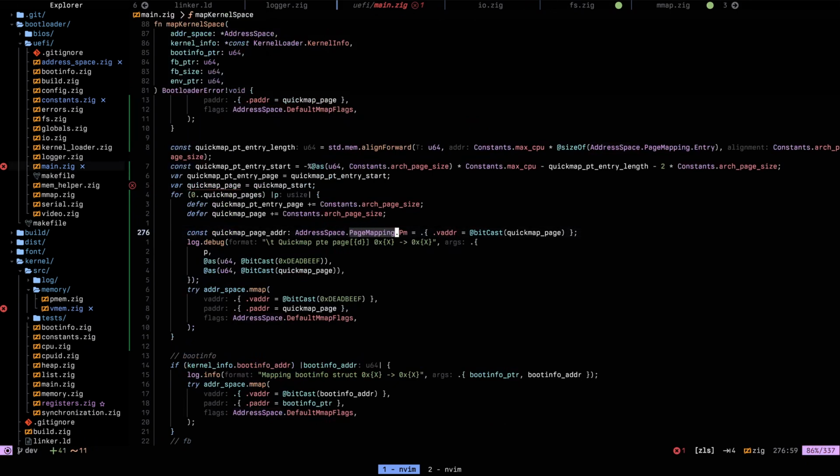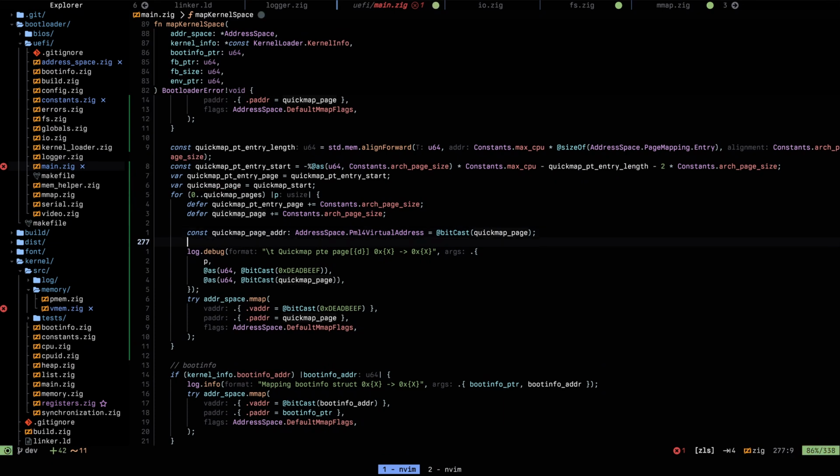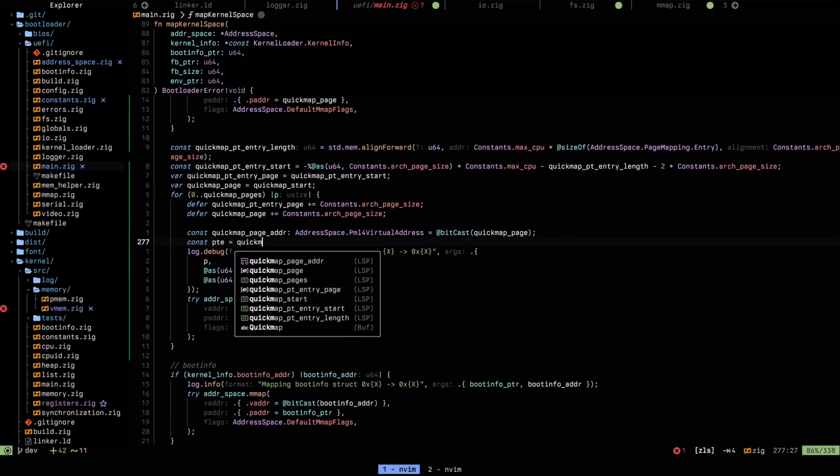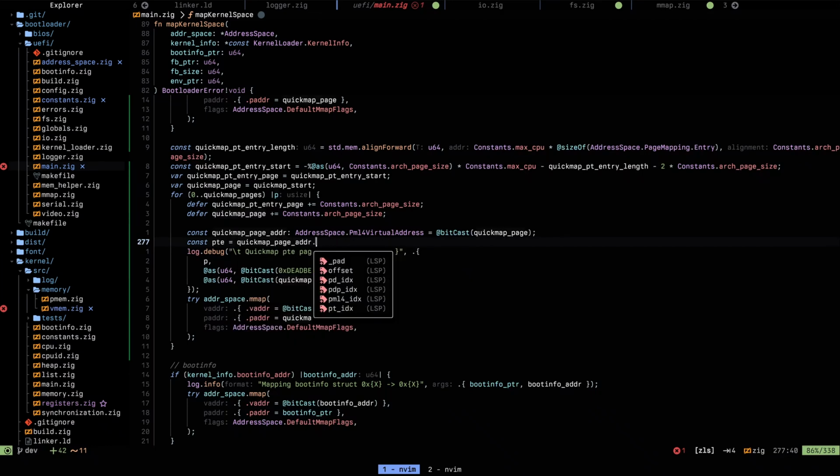That means that now I can use this here, so PML4 virtual address, and now I can just avoid doing all of this. Okay, so now that we've bitcast that address to whatever that is, we can get its page table entry. So the const pte from that address is quick map page address dot page table index. Yes. So now that we have the page table index, we need to get the actual page table